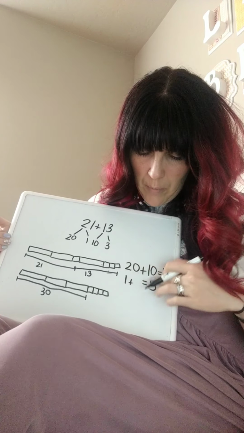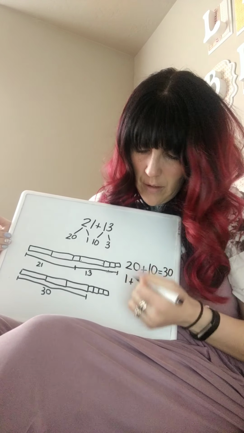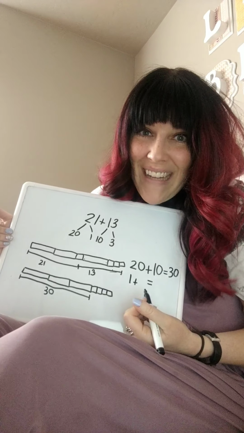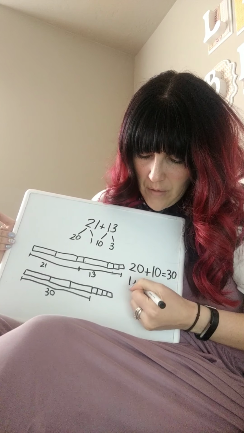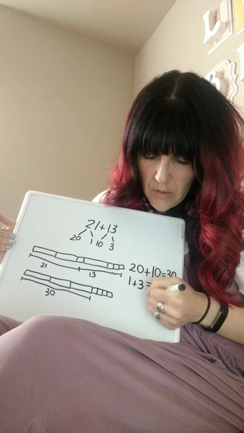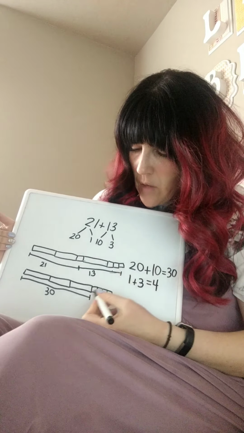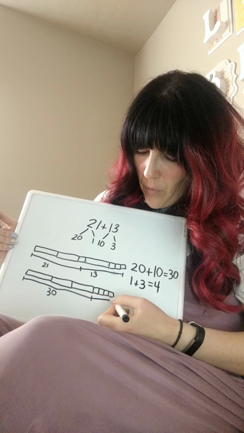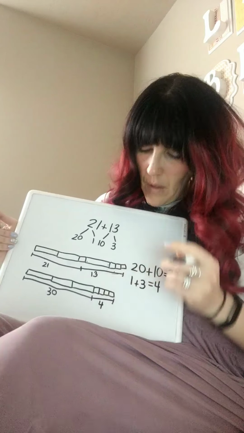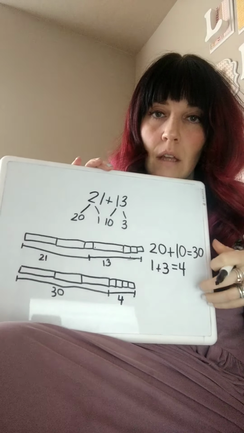Guys, you have to correct me. Oh my gosh, I'm so sorry. That was 1 plus 3. 1 plus 3 equals 4. Teachers make mistakes sometimes too, right guys? So 1 plus 3 is 4. I'm sorry, you guys. But we're not finished yet, because once we've added the 10s together and we've added the